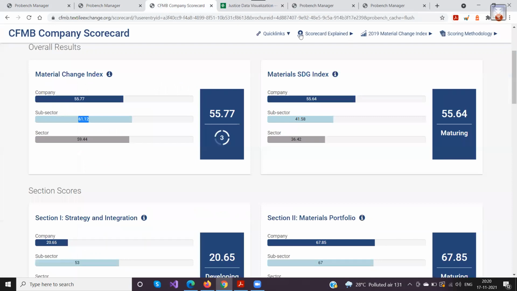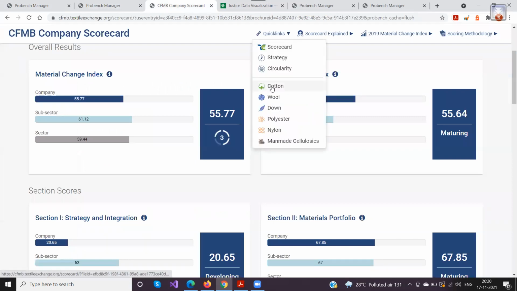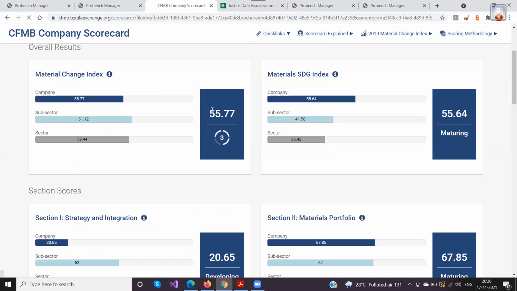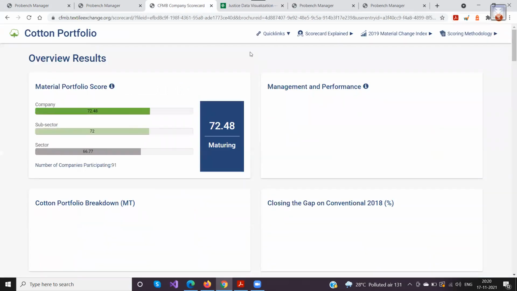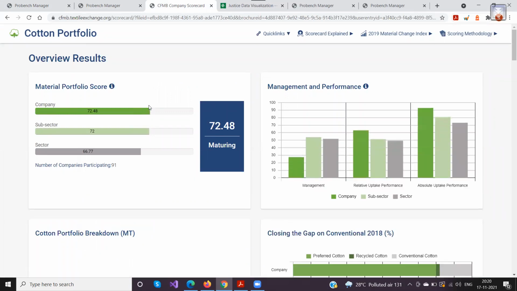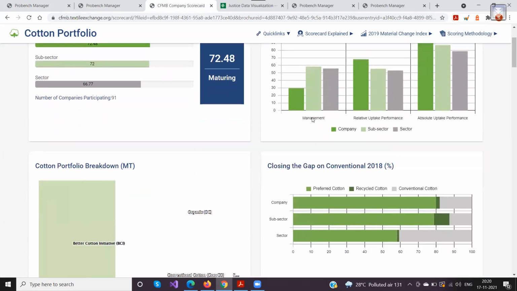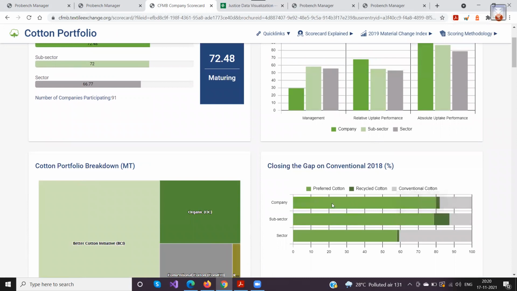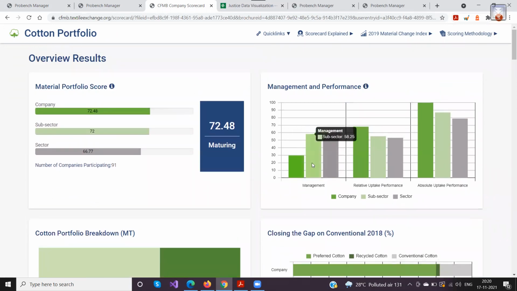Similarly, here, if you see, you have quick links, you go to cotton. You will see the cotton scorecard here. So this is a completely new field there. These are all the charts that we have created. In the web scorecard, an additional advantage is that you would be able to see all this on hover, so there's no need for data labels on each of them.